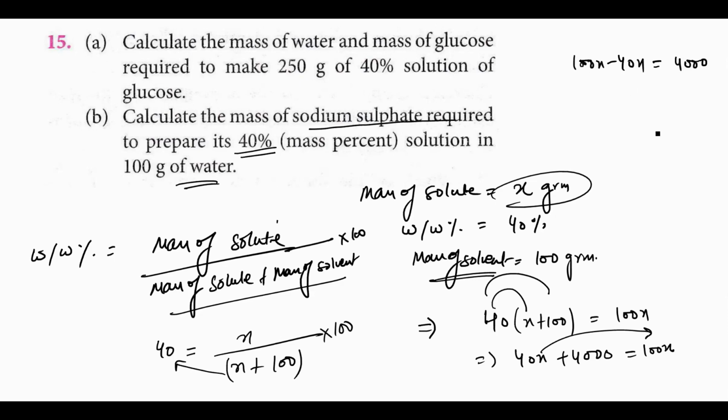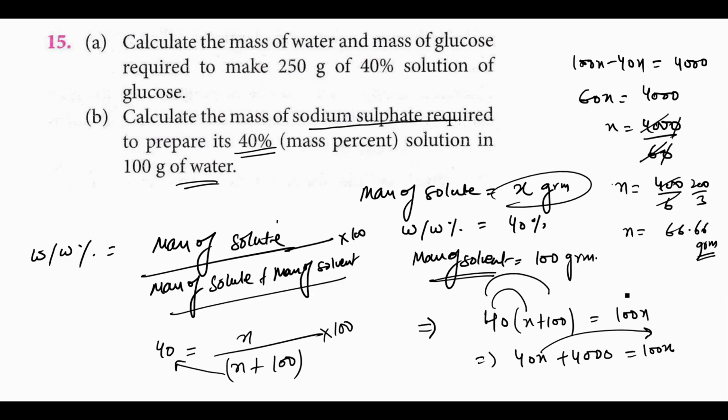Don't get confused about why I write 4000 here. It is the same if I write it this way, so it's okay. Now you will get 60x is equal to 4000, and now x is equal to 4000 divided by 60. So what,